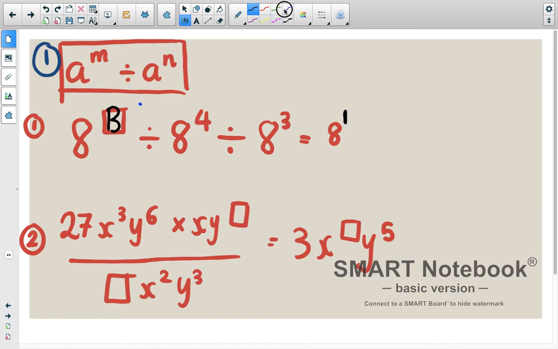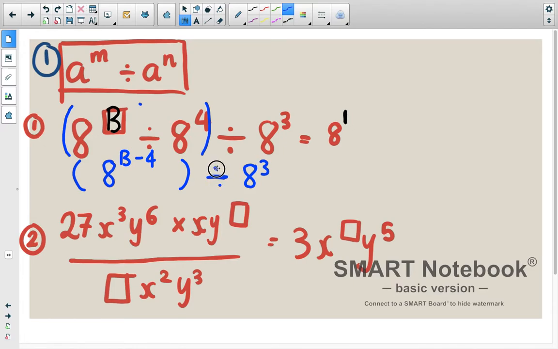Selalunya lah, tak tahu. Okay, so sekarang kalau kita tengok di sini, kalau kita tengok yang dalam bracket pertama ni terlebih dahulu, kita akan ada 8 kuasa B tolak 4, bahagi dengan 8 kuasa 3. Okay, so after that kita ada bahagi, maksudnya sekarang 8 kuasa B tolak 4 tolak 3 sama dengan 8 kuasa